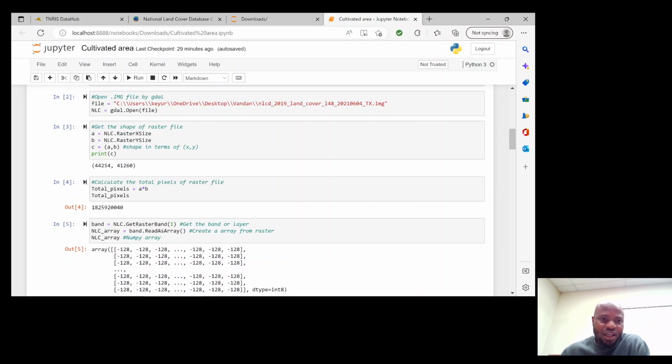And so we've assigned the letter A as an object for which all the values in our rows can be read, and the letter B is representing the columns of the data frame. C is going to be a multiplication of A and B, for us to determine the entire area or the entire size of the data. So printing C over here shows that we have 44,224 cells, because raster data is actually designed as cells, and so we have 44,224 cells in our row, and we have